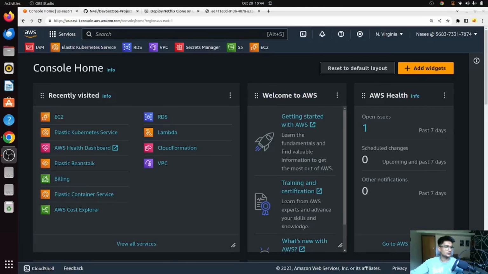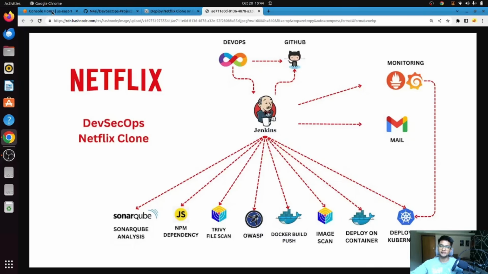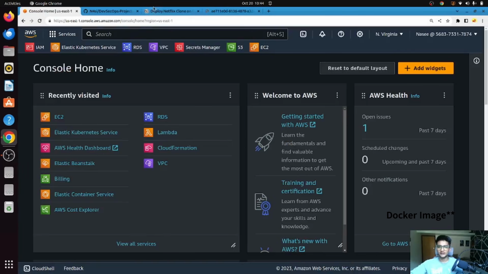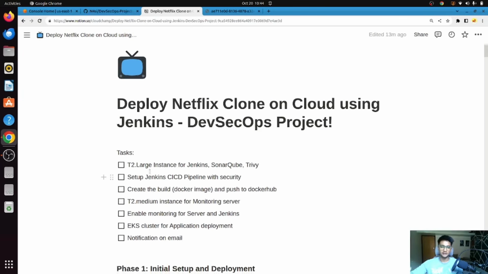Let's go. Alright, let's start with deploying our Netflix application on AWS using DevSecOps practices. In this video, we will be integrating security right from the start using tools like Sonarqube, Trivy, OAuth, and a lot more. For this, you will need an AWS account, and I already have checks created to help you